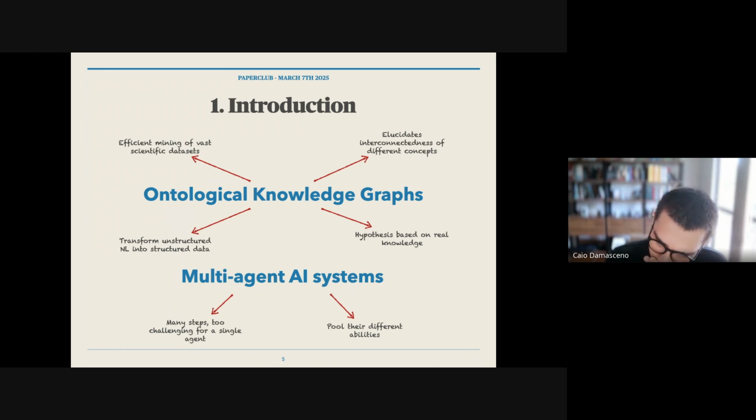Also, the other thing they use to face those challenges I was talking about are multi-agent AI systems. That is, there is not only one AI agent focused on the entire process. As you might know, when we study science in school or college, sometimes we like to relate one scientific discovery to one specific scientist.